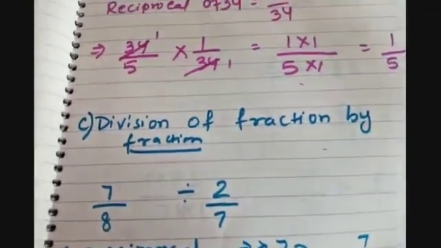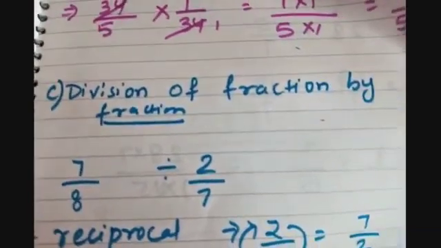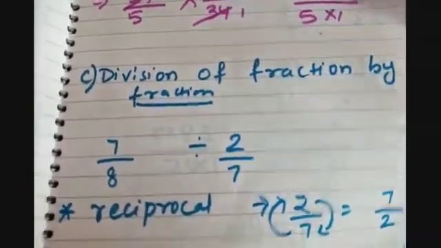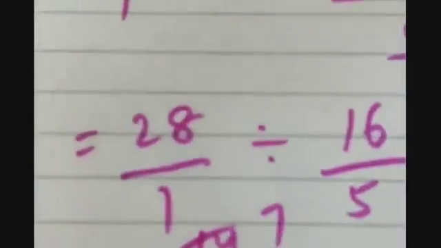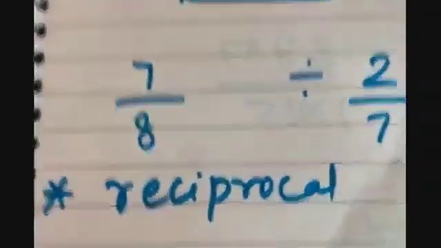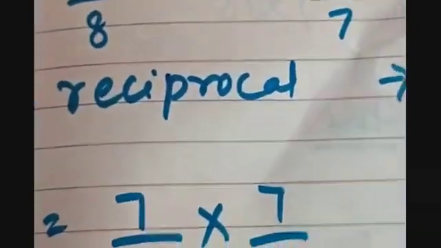What will you do, or how will you solve the questions when there are two fractions? So, division of a fraction by a fraction. Now let's see the rules. First you need to find the reciprocal. So which reciprocal are we going to find out? We will find out the reciprocal of the number which is after the division sign. So in any sum, you have to find the reciprocal of that number which comes after the division sign. So here what will happen?